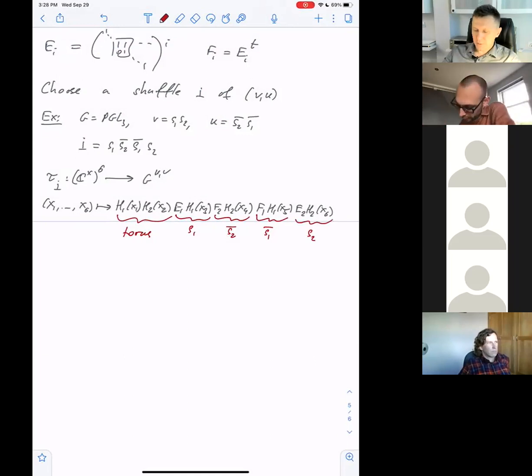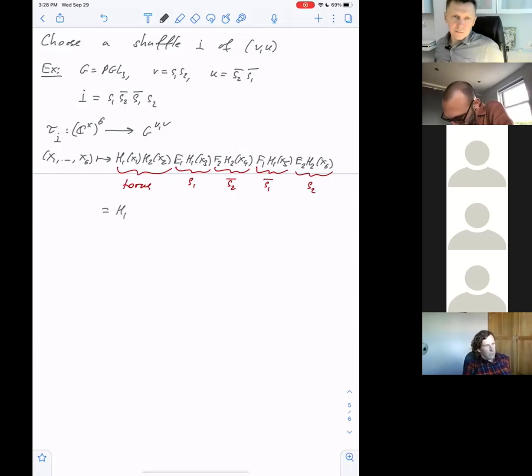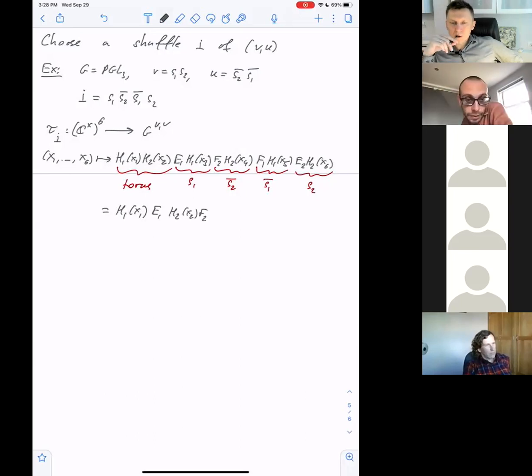Right. Alternatively, of course, I could have written it also this other way. I just want to show that there's some asymmetry here because I put the torus on the left rather than on the right, but that's really not a problem at all. I can do that as well, just putting h1 of x1 e1, h2 of x2 f2, h1 of x3 f1, h2 of x4 e2, h1 of x5,